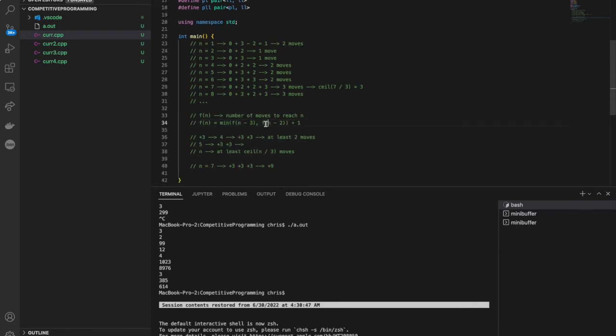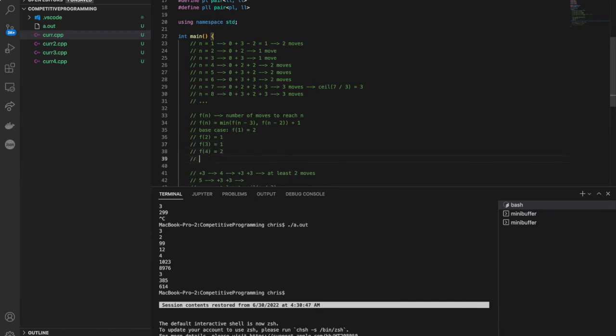Min of these, so the number of steps to get to between these two, and we add 1 to that because we're going to add one more move to get to where we're at, because we're going to do a plus 3 or plus 2. And therefore, based on this, with our base cases being f of 1 is equal to 2, we don't even need that base case. Our real base case is f of 2 is equal to 1, f of 3 is equal to 1, f of 4